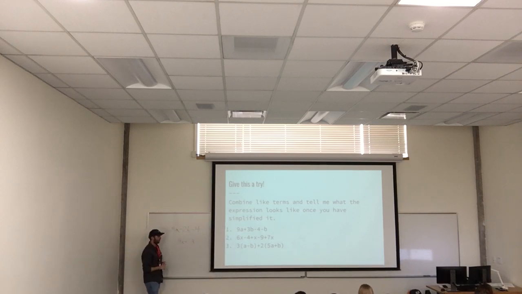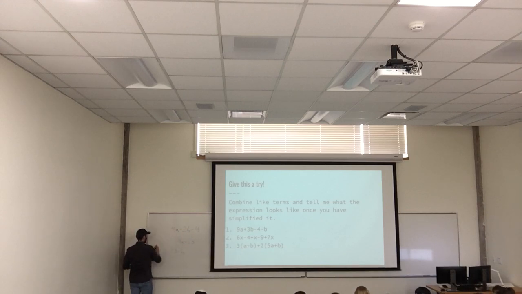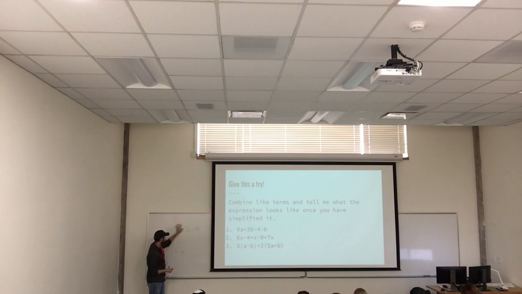We got it. What about number 3? 13 subtract 13 minus just b. Okay. So if we have 3a, or 3 times a minus b, that'll be 3a minus 3b. And then on the other end we have 2 times 5a plus b,